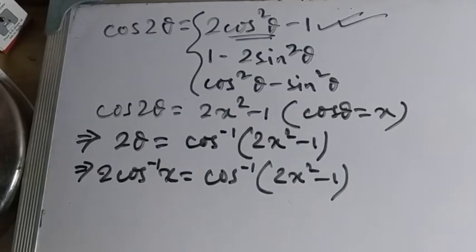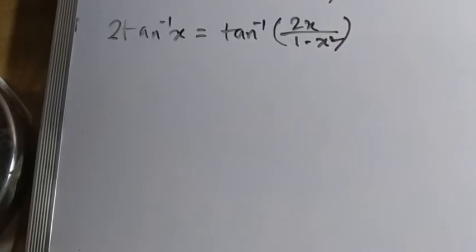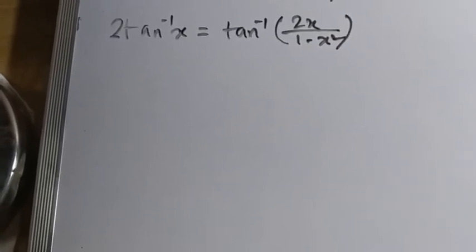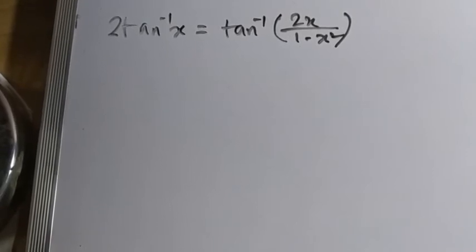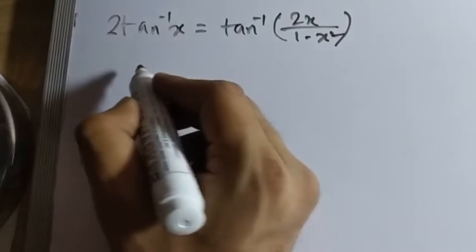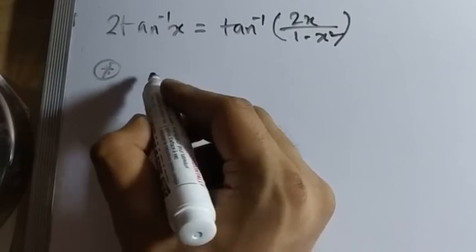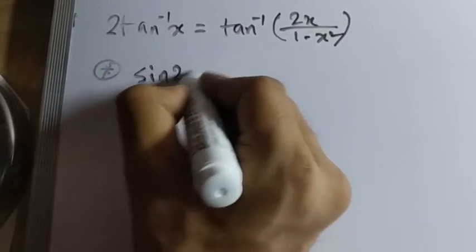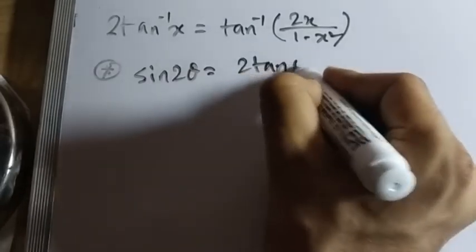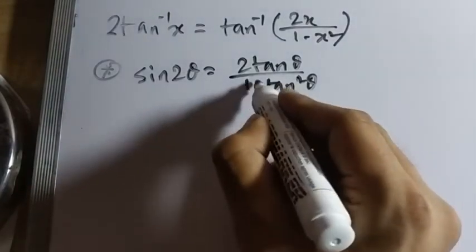Also we have the formula for tan inverse. I think you can now establish the formulas. Let me write them. So this is the formula with tan 2 theta. Next we have two special formulas of sine and cos in terms of tan. These are very important and have huge application. So we can write sine 2 theta as 2 tan theta by 1 plus tan square theta.